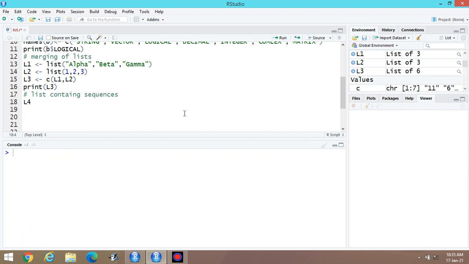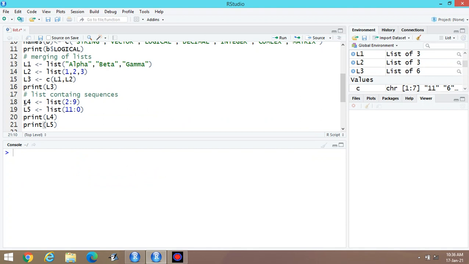Now what about the list containing sequences? Suppose L4 is the list. This one is the sequence, and L5, suppose another list is there, list, 11 to 0, then print L4 and then L5.